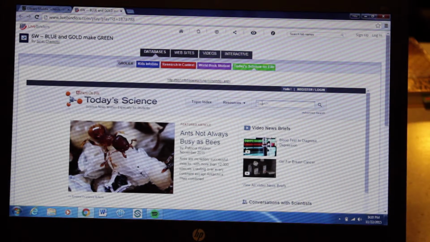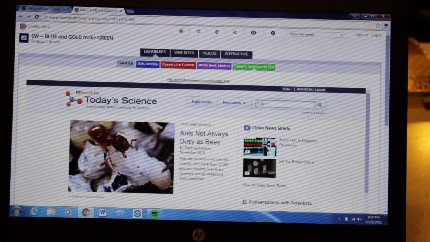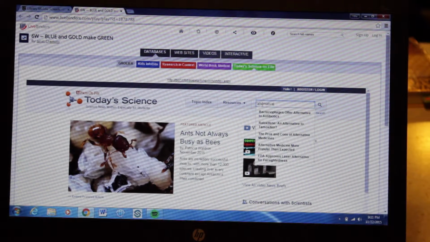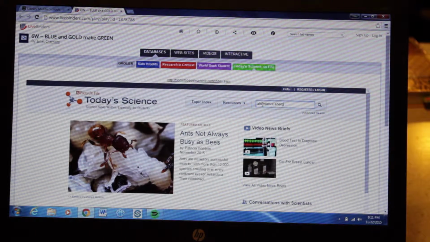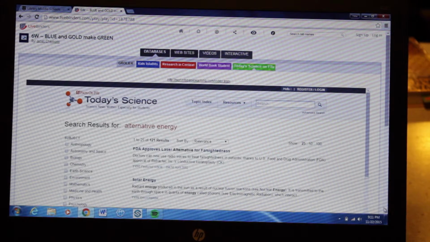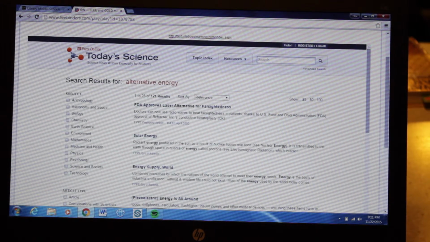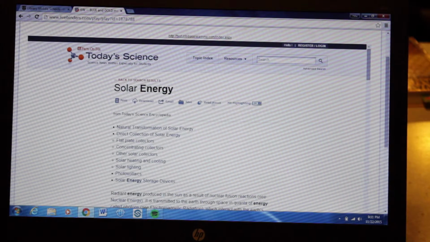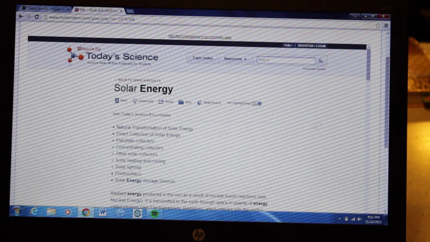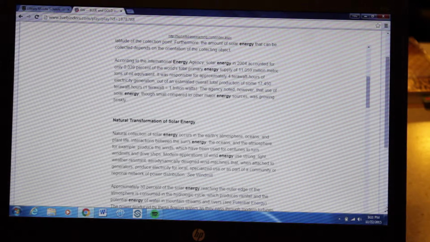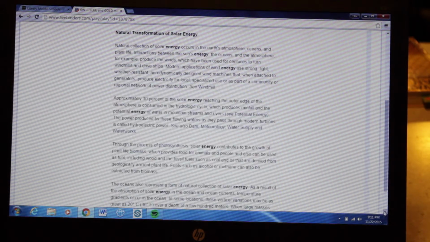For example purposes, I'm just going to type in alternative energy. And when I do that, a variety of topics come up. And I see solar energy. So let's click on solar energy. And it takes us to an article about solar energy with several subtopics. If I look through this article and it's something that I feel will be beneficial in our research,